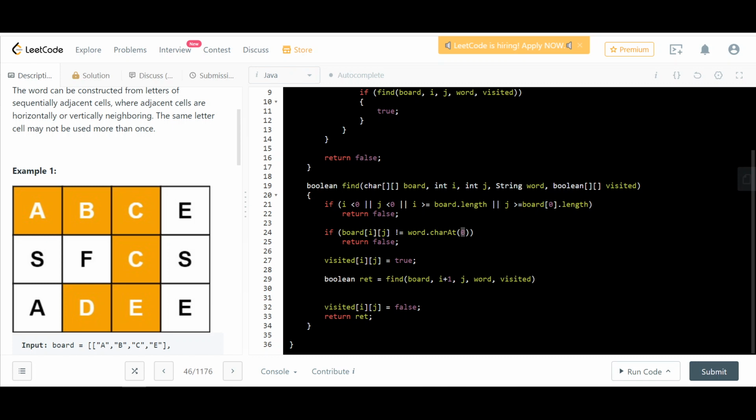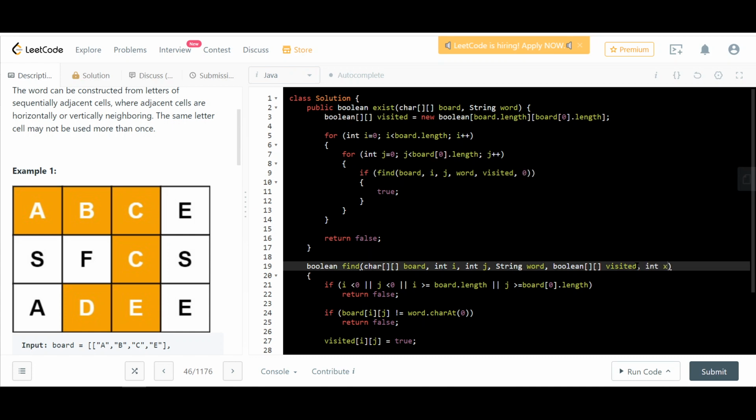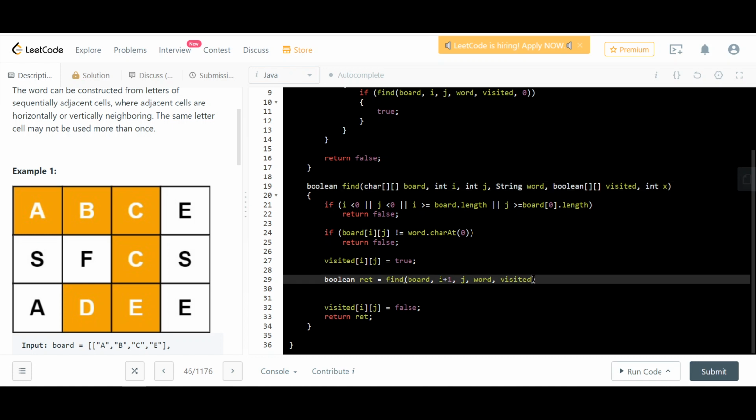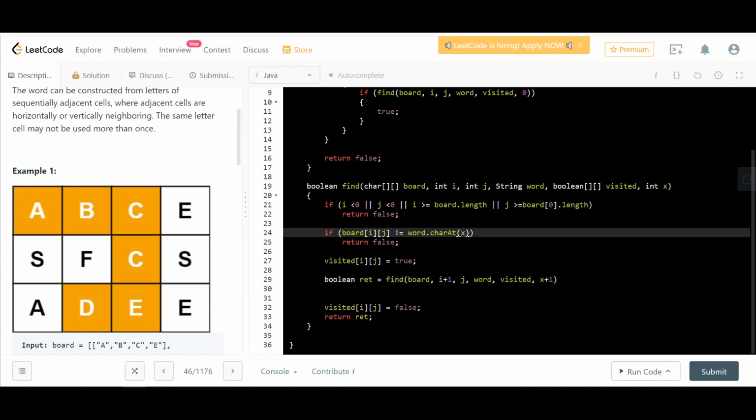So we move on to another character, so we have to pass on that index, which index we are looking at. Let's say this is a starting point and we call it x. So we have dealt with the index x. Now in the word the index is x plus 1, so we call this x plus 1, and here we check the character at x. Basically whichever index we are in on the word, that matches, and so it would be this,